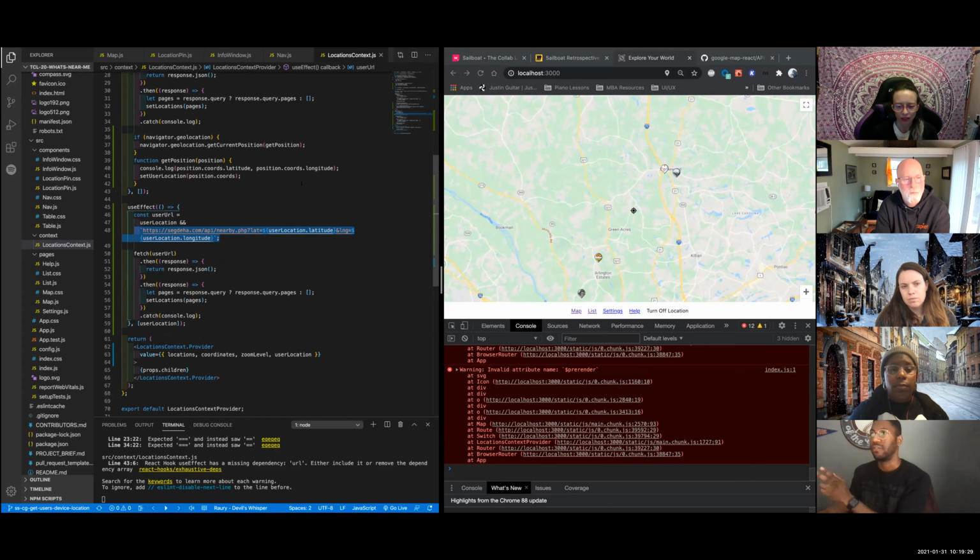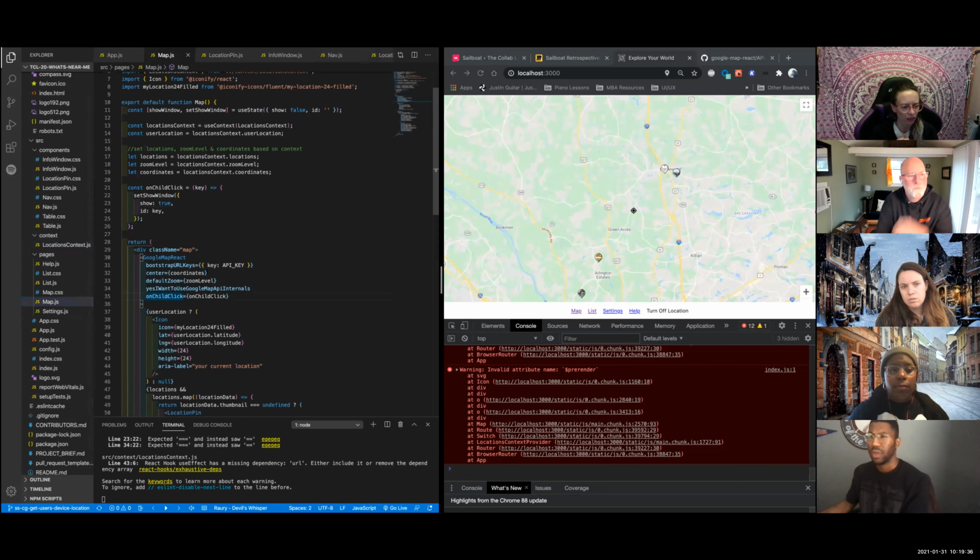What is shifting the map is that in map.js, previously we had a property here on line 32 that said defaultCenter. Apparently when you use defaultCenter, the map won't move automatically, but if you just pass it this center prop, if the coordinates ever update, the map position will actually shift.